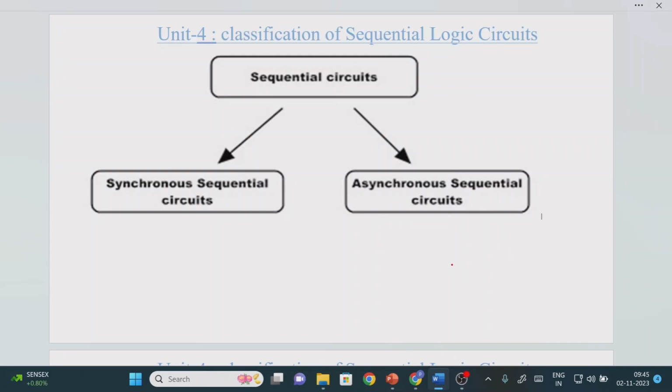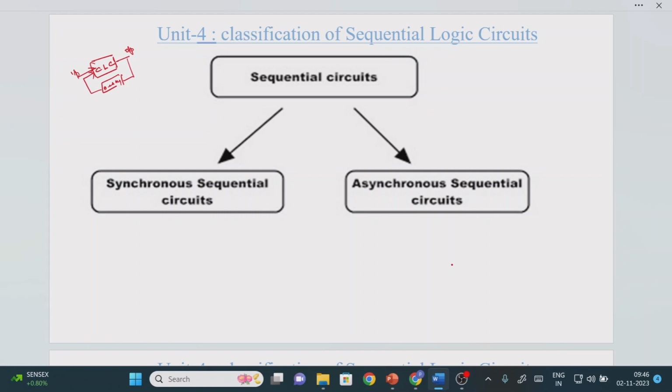So now we will see the different types or classifications of sequential logic circuits. Remember what sequential logic circuit means: it is also a combinational logic circuit. We may have one input or multiple inputs, and then we will have the output values. Along with this, if we are able to store this output value, which is nothing but a memory operation, then it is called a sequential logic circuit, right?